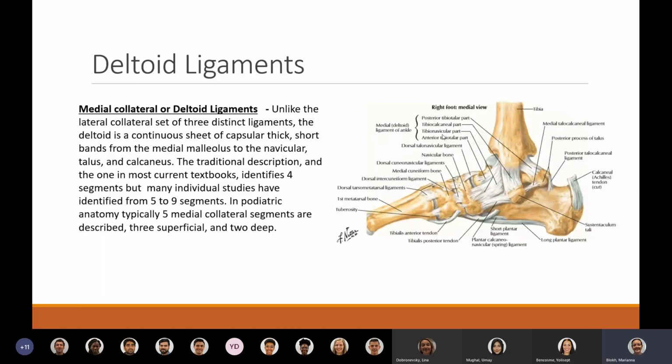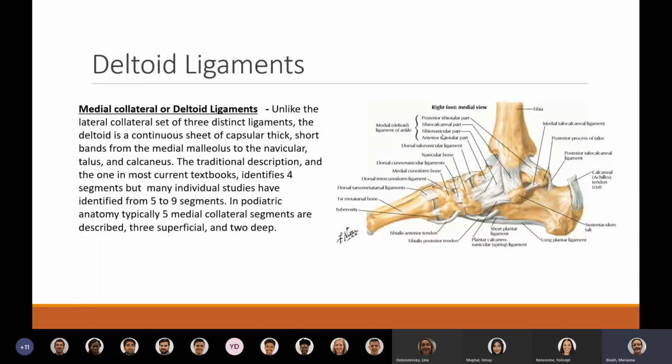In the literature, when you have lectures later on about deltoid ligaments and repair, we could have many different variations. Some identify somewhere between 4 or 5 up to 9 segments of these medial collateral ligaments. In general, when you're repairing them, they're pretty much within a capsule, so you have to repair the whole process. But for now, in podiatric anatomy, as far as testing is concerned, we have 5 medial collateral